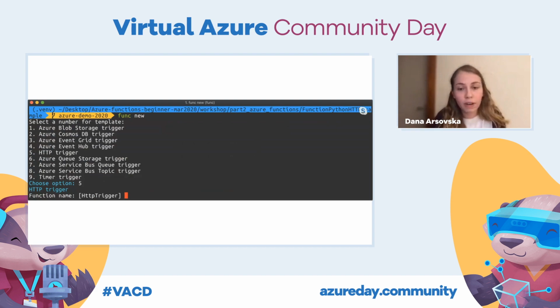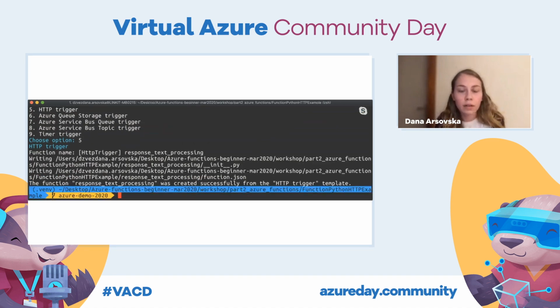Now we need to specify the function name. So I'm going to call it response text processing. And we can see that the function was created successfully from the HTTP trigger template. So this means that the project and the function were installed successfully. It's as easy as this to create your first Azure function, and you can already test and see what the HTTP trigger